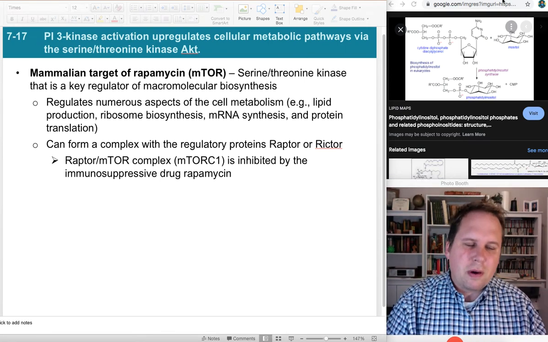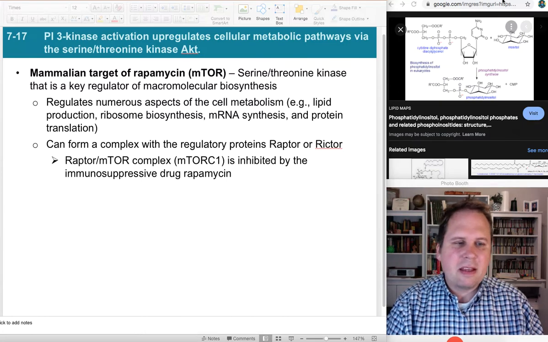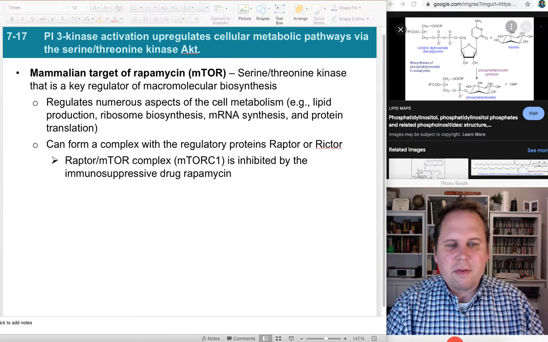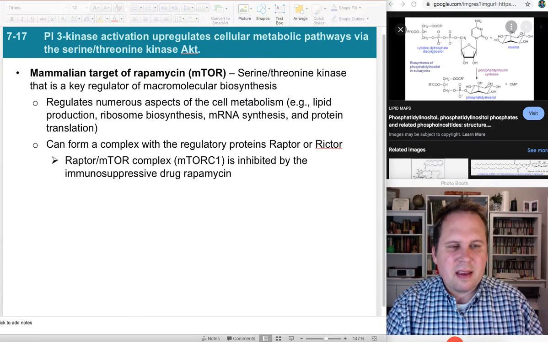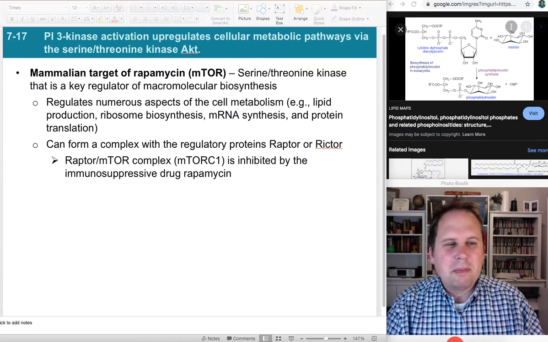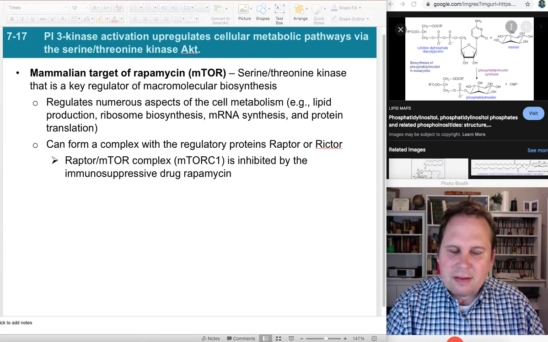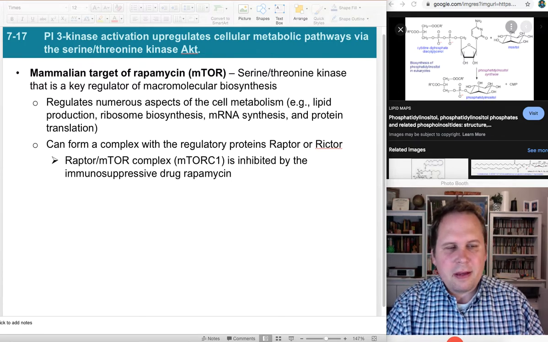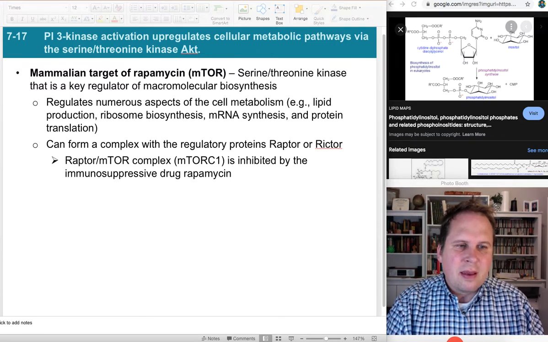So mTOR is another one that you might have heard about in a cell biology context. It's the target of rapamycin. Rapamycin is like an antibiotic, and it's also sold as Rapamune, and it's one of the things that they will use to treat people who have organ transplants. Because